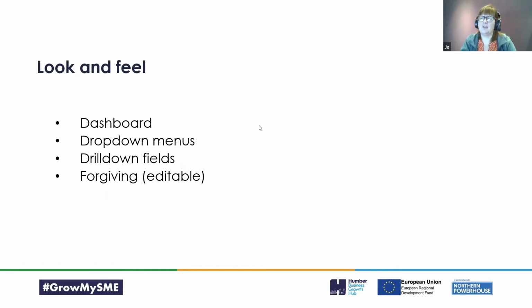These pieces of software generally are really forgiving. You can edit things if you do them wrong. So if you go in and you choose the wrong VAT rate, and then you come to do your VAT at the end of the quarter, you can go back and edit that if it's in bills and expenses. Obviously, you need to be careful of choosing the wrong VAT rate if you're VAT registered and you're raising invoices. Typically, if you're VAT registered, it's 20%. That's what you raise all of your invoices at.